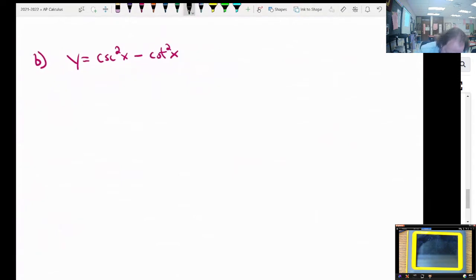Let's see. I'm going to think about the one trig identity that you should memorize. Sine squared plus cosine squared of x equals 1. This means that if we divide, let's see. If I were to divide, if I wanted a secant here, or a cosecant,